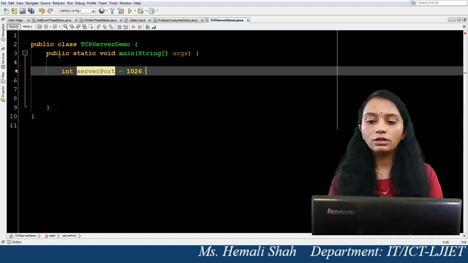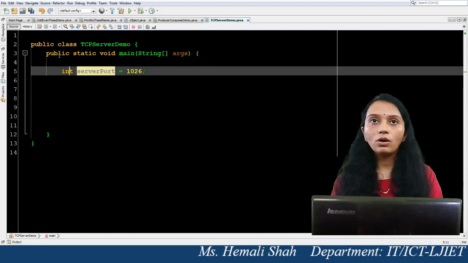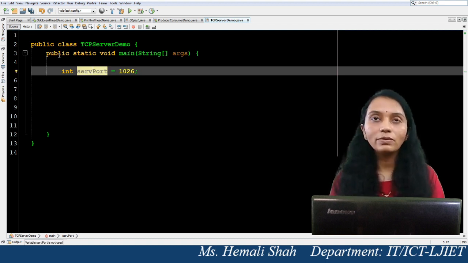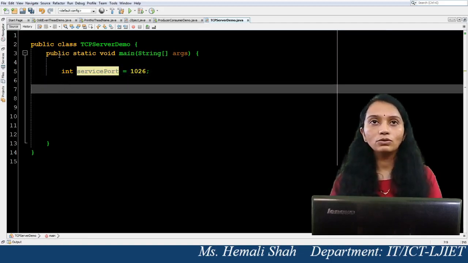You can take any port. If you are getting an exception, then you can change this particular port, right? This is my service port on which I want to provide the service to convert the received string into uppercase. You can write any variable name, so I write the variable name as service port, 1026.